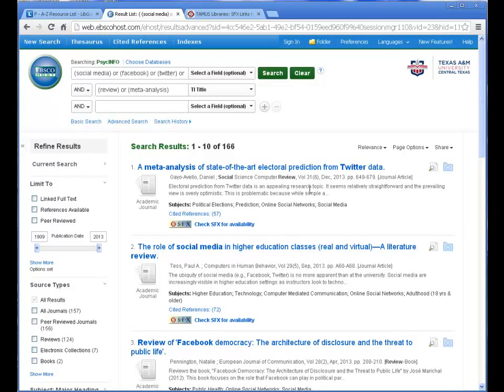One last thing. Sorry, I keep saying one last thing. I've left this as and so far. It also can be changed to or not. Sometimes not is helpful if, for some reason, whatever you're using pulls up articles from some unrelated subject and just happens to have a word in common. This is more likely to happen if you're using a whole lot of databases like Academic Search Complete and all those others. You may end up pulling some business stuff and you want to get rid of those. So let's see, maybe, okay, we don't want anything to do with